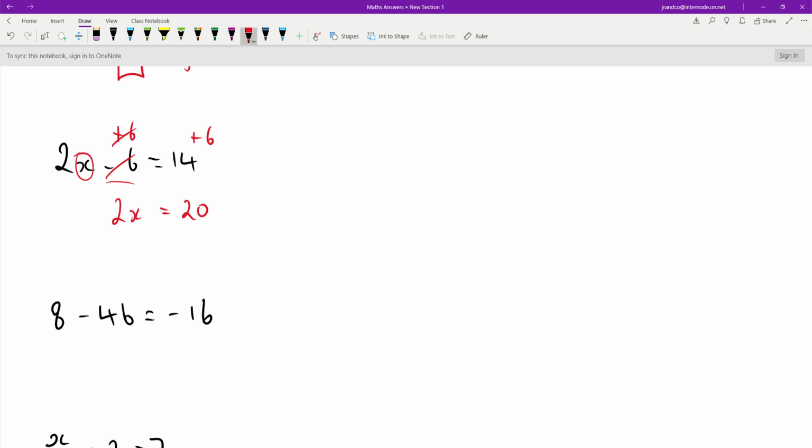We need to get a single value of x, and we've got two values of x. So the way to do that is to divide that left-hand side by 2, so we've only got 1x. And then remembering what we do to one side of an equation,